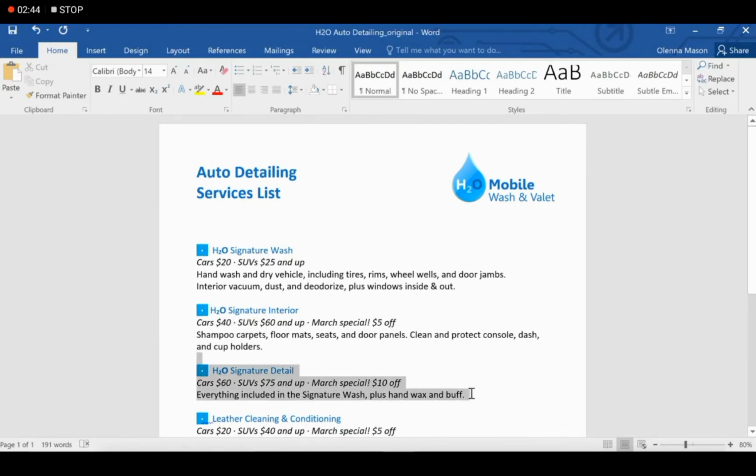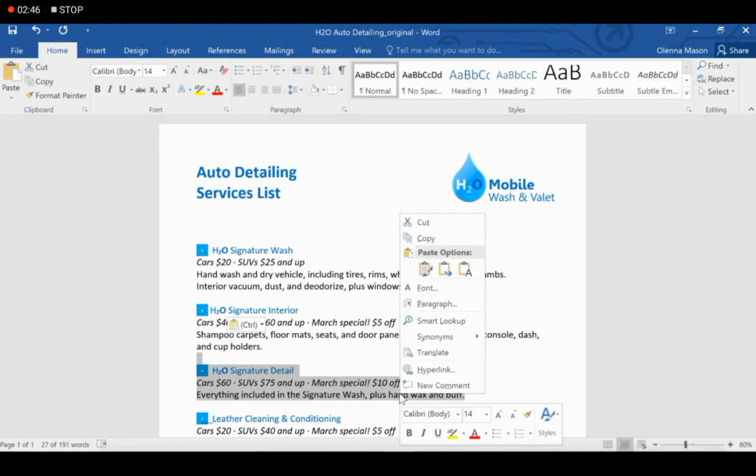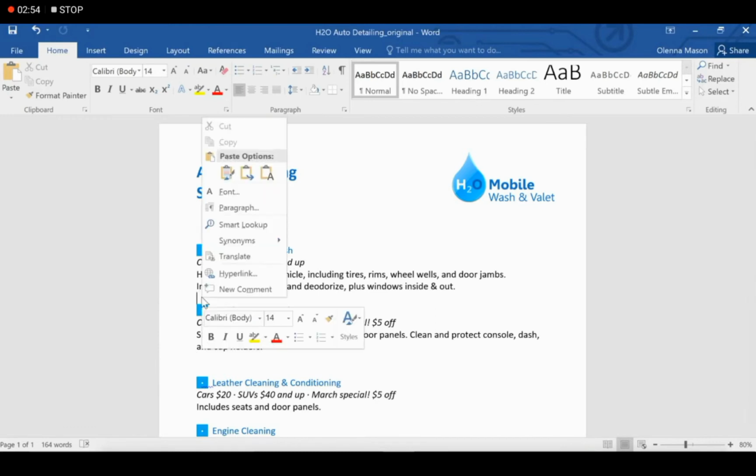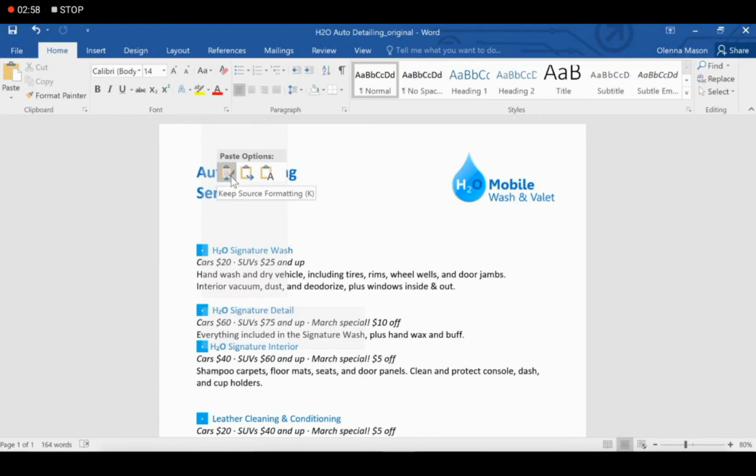You can also cut a text. You have to select it, then right click and click on the Cut option. Now click on the position where you want to paste it. After clicking, it will show many options. You have to click on the first one. So it will paste that part at the desired location.